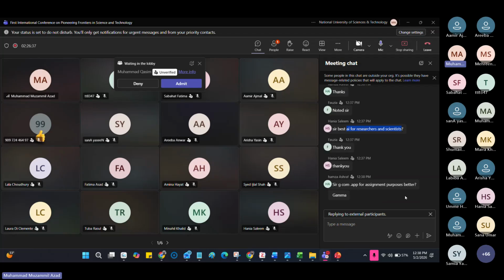Chipcom.app for assignment camera. Okay, so I am not sure about all of these tools, but I think based on the experience of